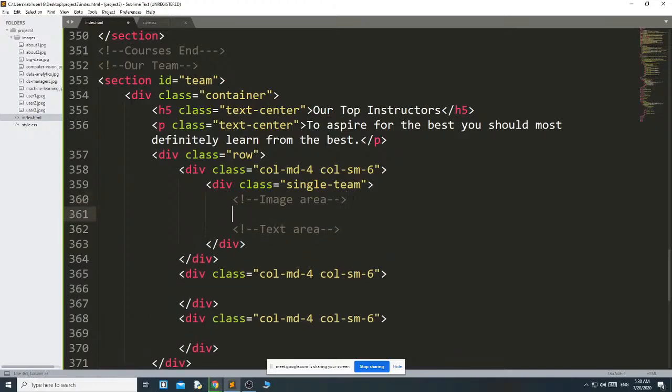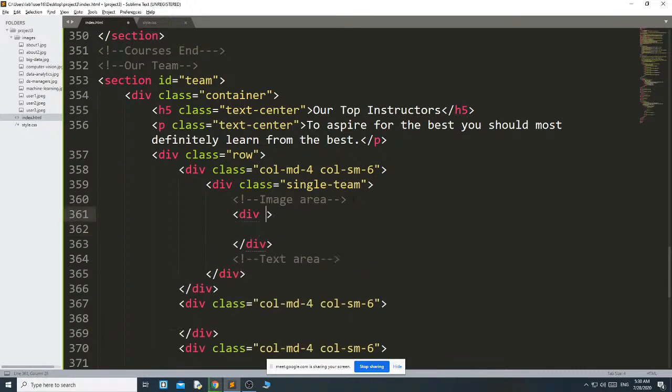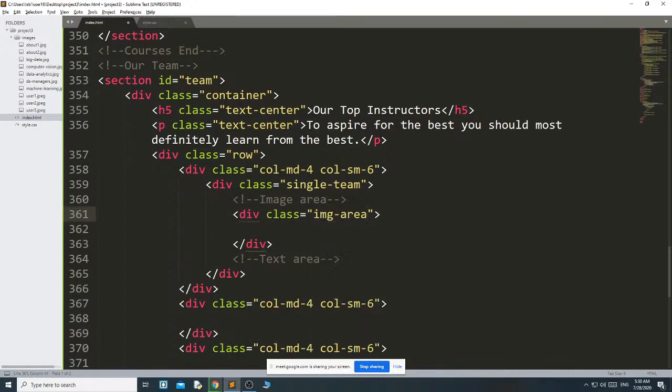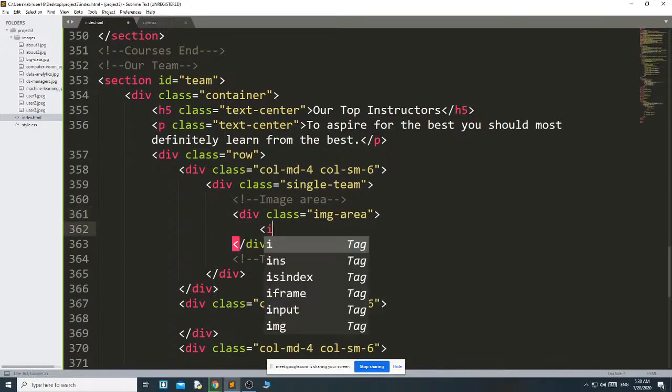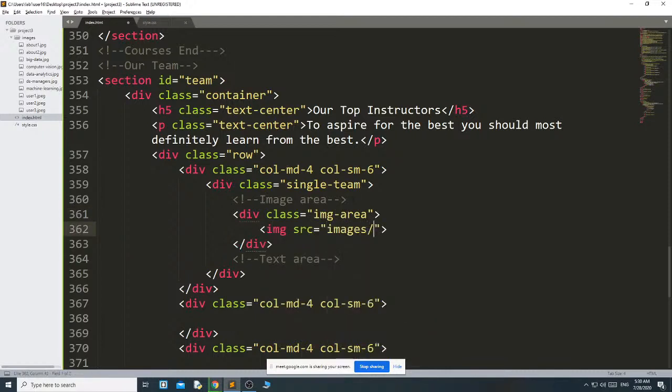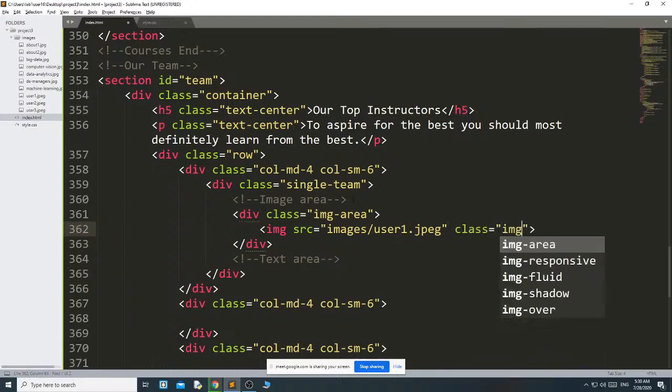Then in the image area I want to insert one image. Div class image-area, because this is needed when you style it. And what image do I need? Images, user1.jpg, and class img-responsive.